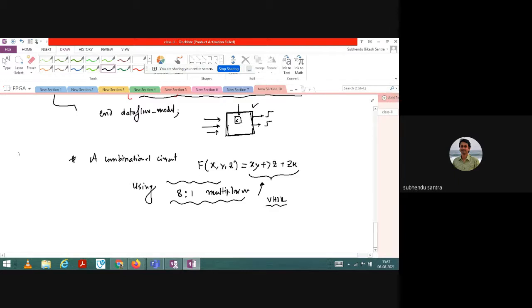And that 8:1 multiplexer can be subdivided into 4:1 and 2:1 multiplexers. That is also possible. Okay. Or even 2:1 multiplexers only. So three conditions: only one case is here, second case is here, and third case is here. Okay, you have to implement this function using VHDL. Okay, this type of problem I will give in the exam. So please just think how to solve it.